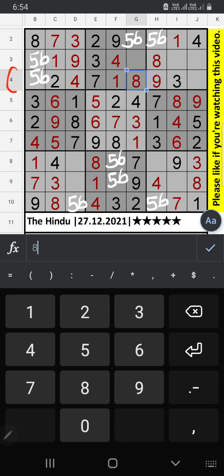In the 4th row we have 7, then can't come in this cell. Also in column I we have 7, then can't come in this cell. Then 7 will be confirmed here. Then in column J only 1 number remaining, number 6 will be confirmed here. If 6 is confirmed, then can't come in this cell. 6 above, below 5 will be confirmed.